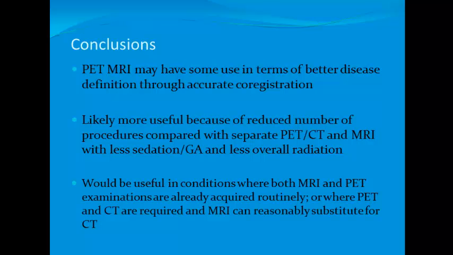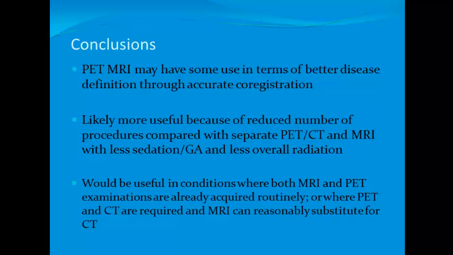Well, we do know that there is some use in terms of better disease definition through accurate co-registration. Is that really what's going to drive this? I mean, you do have a PET scan, PET-CT, let's say, and you do have an MR scan. Do you really have to fuse them? It's likely that the real driving force isn't that so much. That might become even more of a driving force in the future, but really it's because of the reduced number